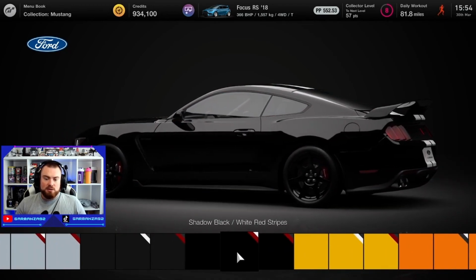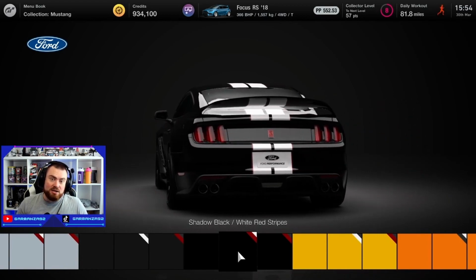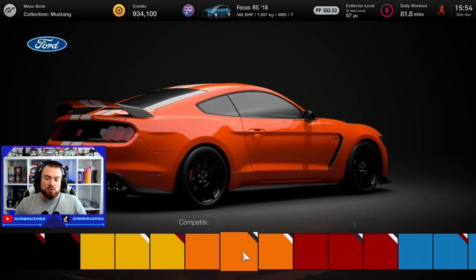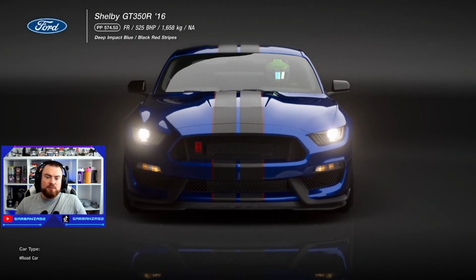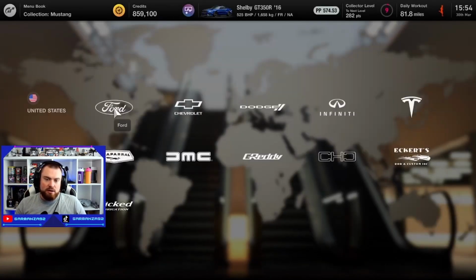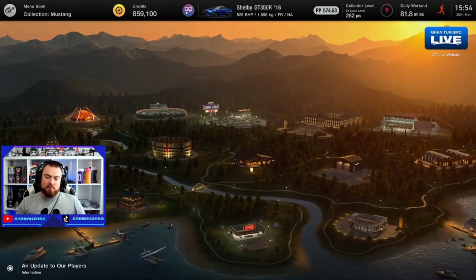So colours, for me, it's got to be around. You could go with a black. A black's a really nice colour, but we did just go for a blue Focus RS. So do we stick with that blue colour and try and replicate the colours of our channel? So we stick to the Shelby GT350R from 2016, which I think is going to be an absolute monster with 525 brake horsepower, as we just level up to level 9 there as well. So that's good. So let's head straight back to the map, the world circuits, to see if we can get...